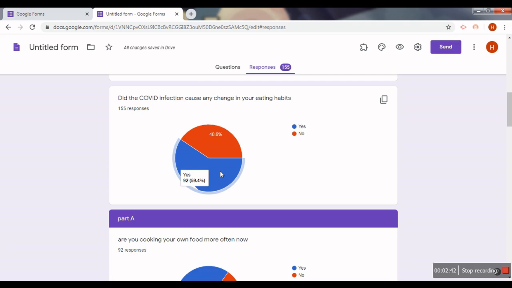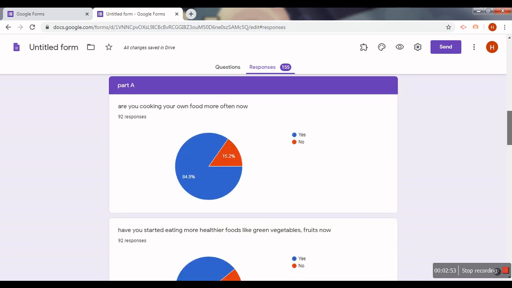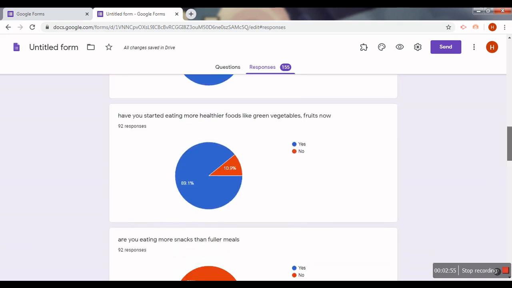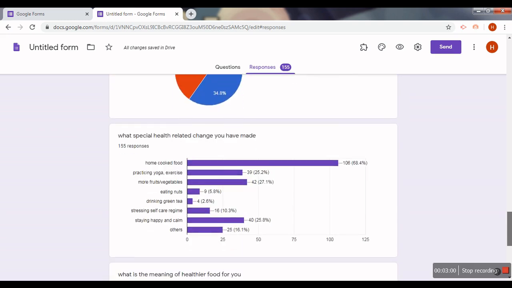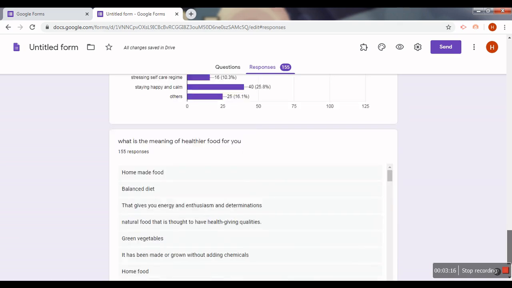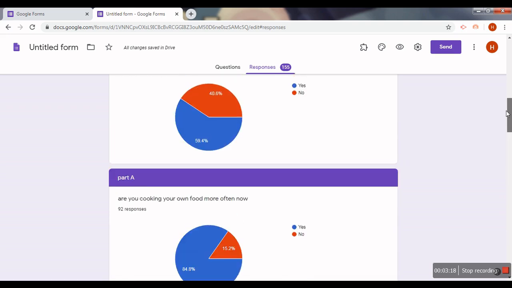You need not evaluate your data. Evaluating 155 responses would have been very difficult for the creator of the form, but the Google form has made the task very easy. Similarly, for every question you have asked, accordingly the diagrammatic representation has been given. Again see, where it was some kind of information where we could not make a pie diagram, there the bar diagram has been made. So according to the responses, the answers that have come, in whichever way they can be diagrammatically presented, Google form has done that automatically, right? So this is very useful.